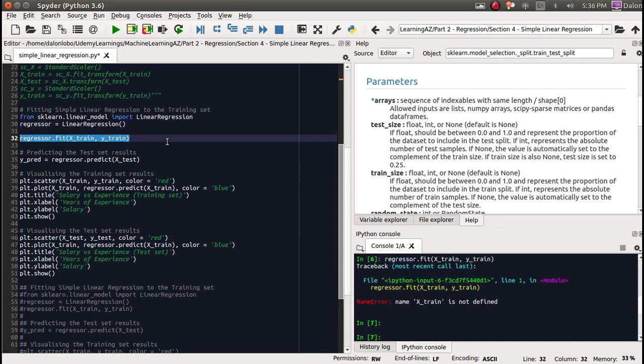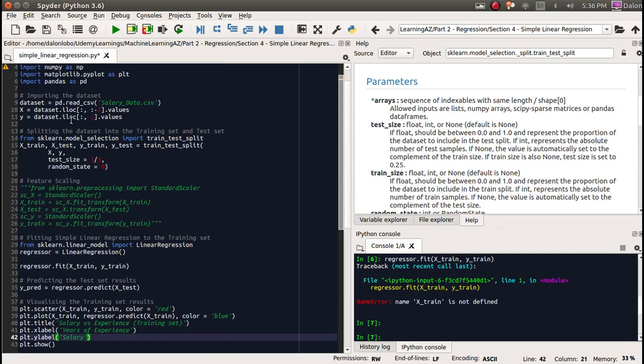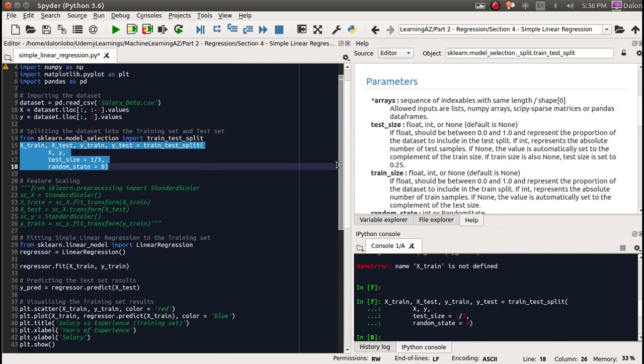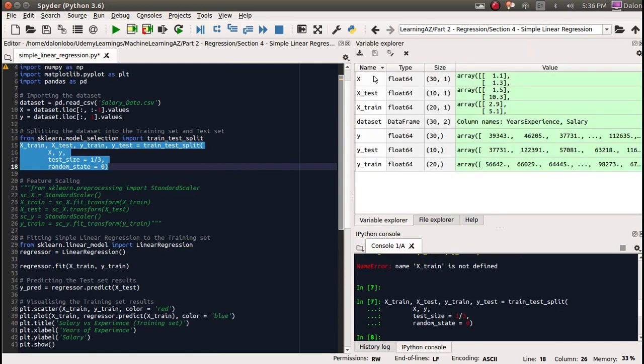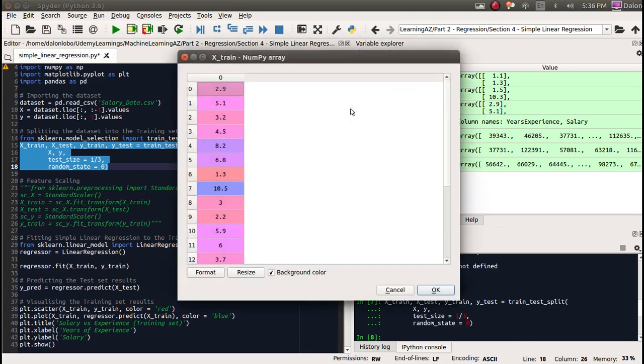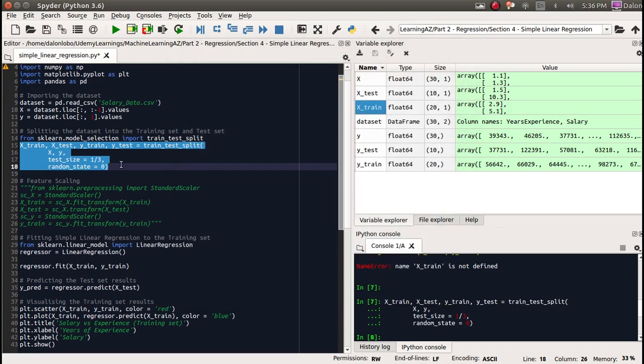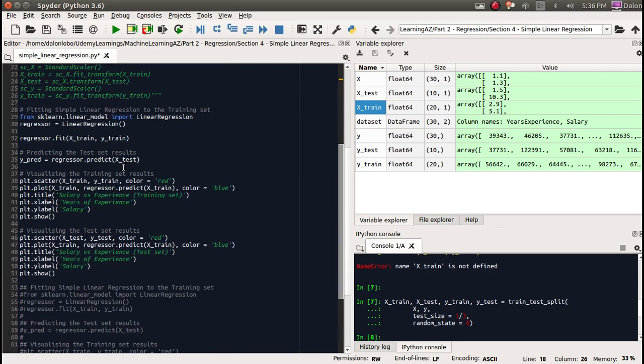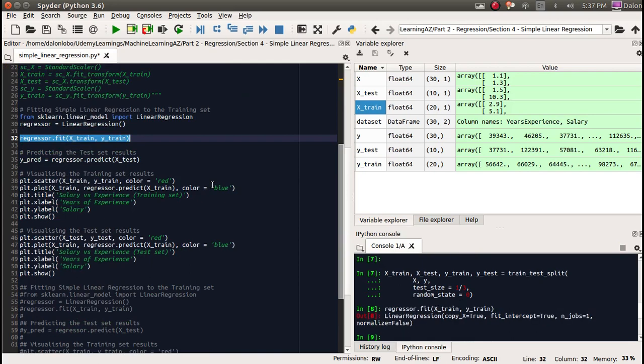using the fit method, but it says that xtrain is not defined, and this is because we have not executed this particular line which actually splits the data. If you go to variable explorer, you can see the data now, xtest and xtrain over here. Xtrain normally has more data because that is where your machine learning algorithm is going to learn. And now if we try to fit the data, it should fit it, and this is where you are going